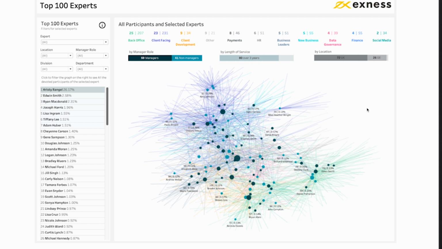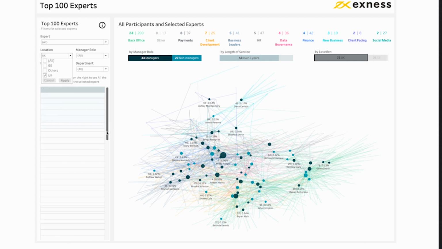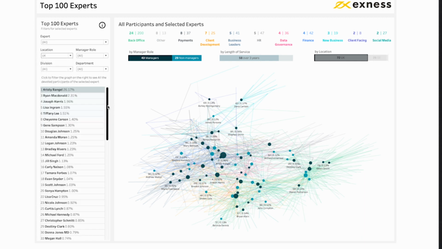For example, if we choose one location, we could see all employees from this location, how they spread their knowledge, and who is the most popular expert in this region. We could also filter here to see the list of experts with their weights.